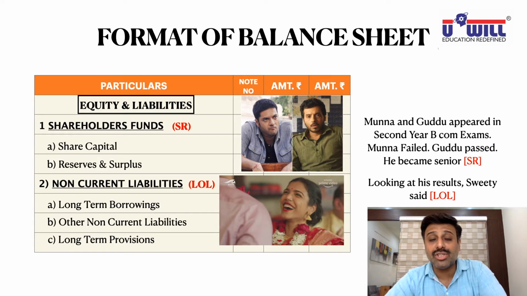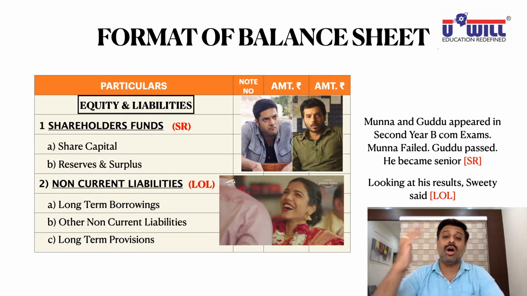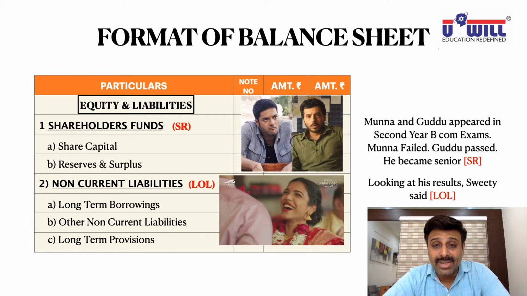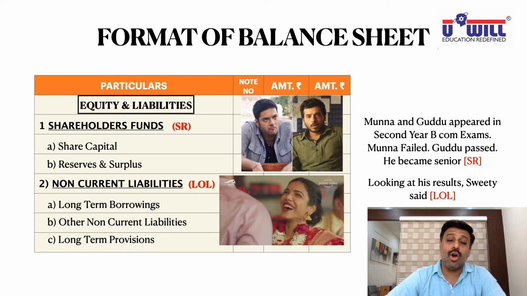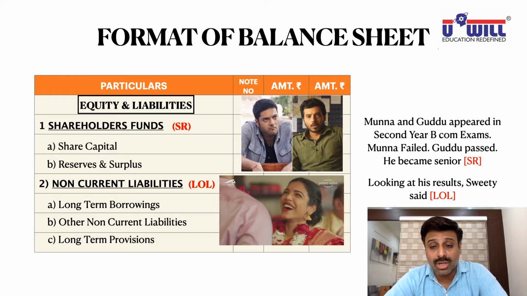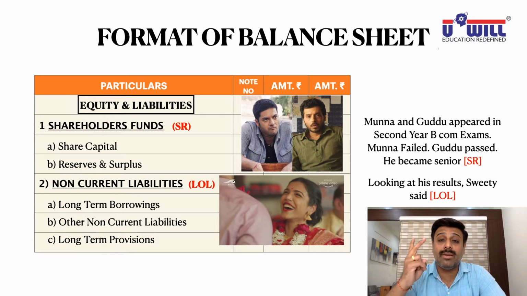Now long-term provisions are those provisions which are made for long period of time, like gratuity fund, provident fund, pension fund, all the superannuation funds which you studied in income tax subject, which we have to give to the employees when they retire. They all are long-term provisions. So within long-term provisions also you can write the examples in bracket. What all will come in long-term provisions? Gratuity fund, pension fund, provident fund, and any other superannuation and retirement benefits which we are going to generally give to the employees are all long-term provisions.